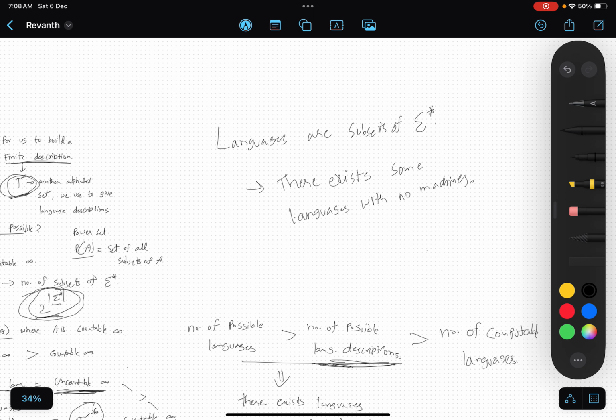So in that Chomsky hierarchy diagram we saw, this is regular languages, this is context free, this is recursive languages, and these are undecidable and some other languages that we cannot build any machines for.